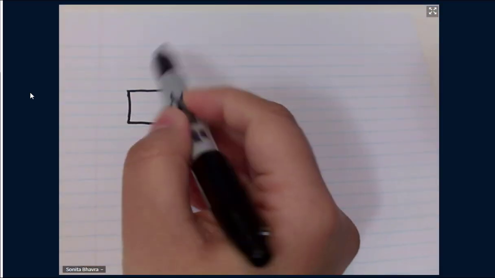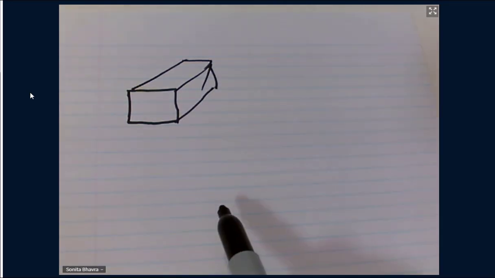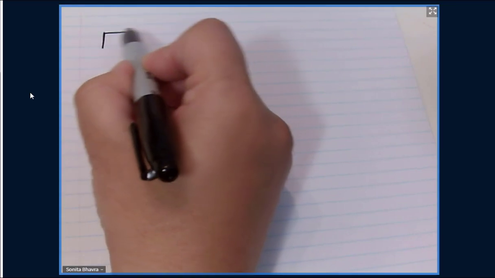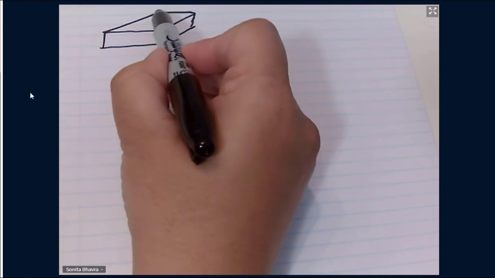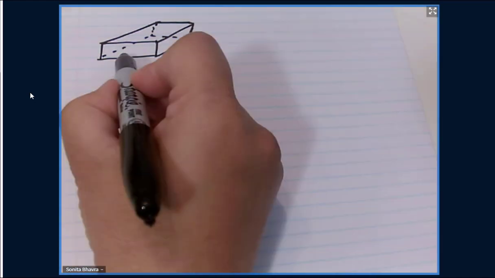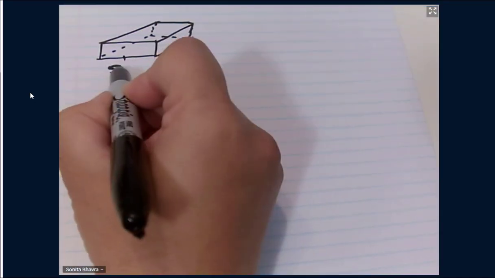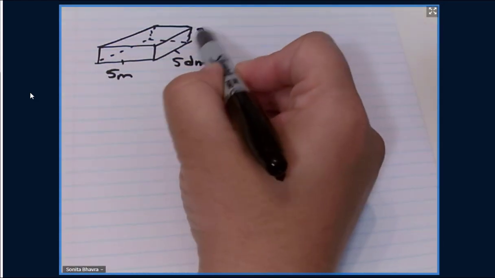All right, so let's look at an example. This is the example in the module. So we have a square. I'm just going to draw here as good as I can. Okay, that looks more like a rectangular prism. Let's draw that again. I'm just going to draw it like this. So that is a square, and we'll say here it's 5, and that is 5 decimeters. Both those sides are the same, so therefore it is a square, and then the height is 2